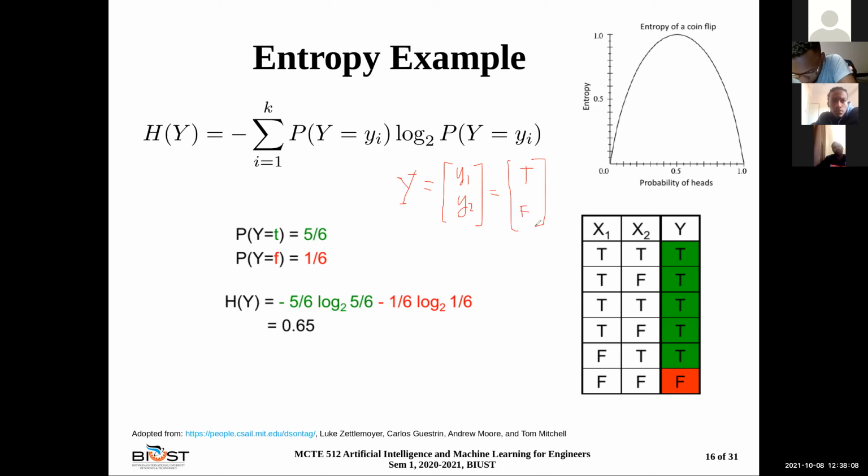In this case, your i goes from 1 to 2 because there are 2 outputs of the Y. So if you write it out, that means that H of Y, big Y, is equal to the negative of